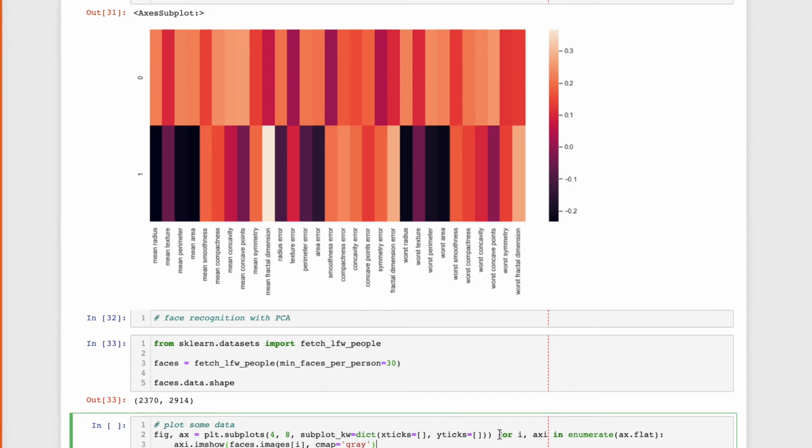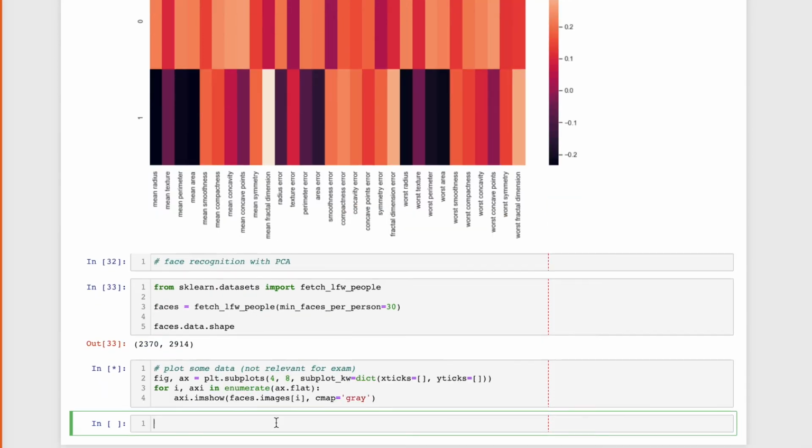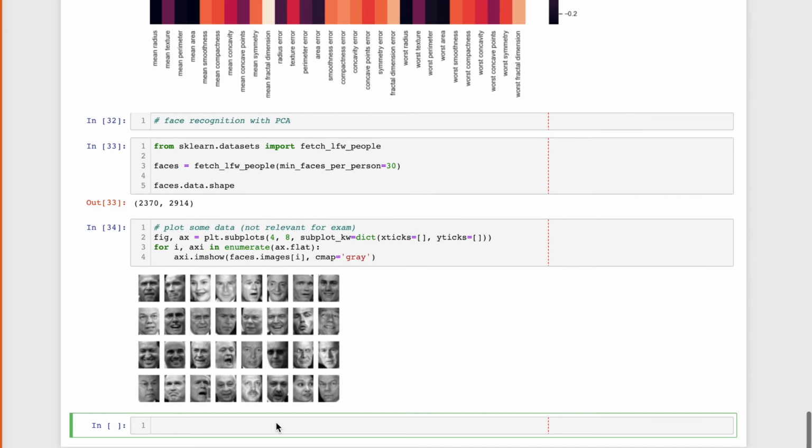And this code is not relevant for the exam. So I print some data. Okay, so you see here Madeleine Albright, you see Schwarzenegger, you see George Bush, and all these guys. Okay,